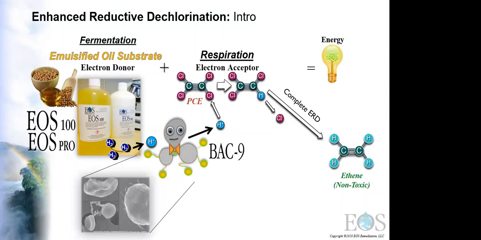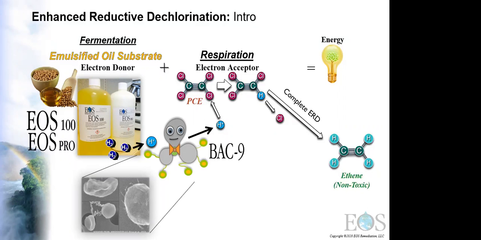And then a group of dechlorinating bacteria can utilize that hydrogen and, through microbial respiration, exchange a chlorine with a hydrogen. I think we all know this, but again, it's review, and that degrades the contaminant. And then this would continue in a sequential manner where you have complete ERD, you would be left with ethene, which is a non-toxic end product at the very